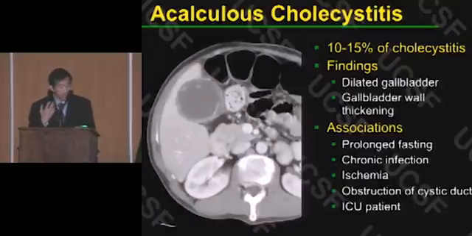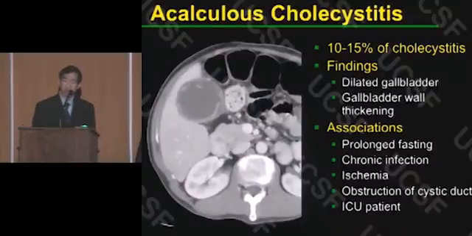Acute cholecystitis can get out of hand. Simple dilatation of the gallbladder itself can cause stretching of the membranes and therefore damage integrity of the barrier between a bacterium staying in the gallbladder and entering into the bloodstream. And so simple stretching of the gallbladder beyond 5 centimeters in diameter will put patients at risk of developing what we call acalculous